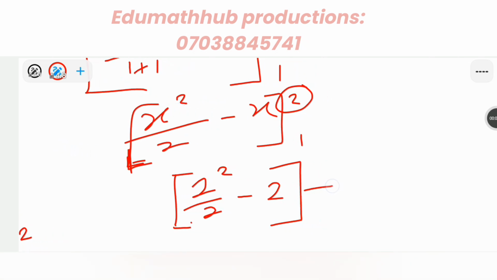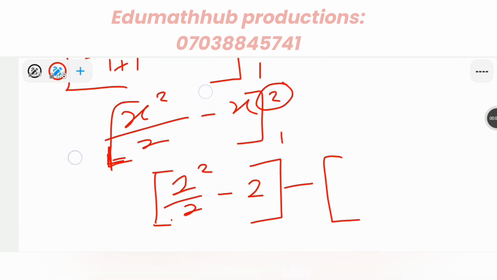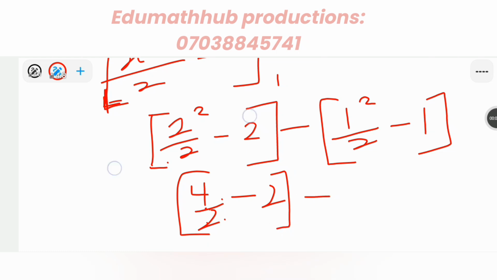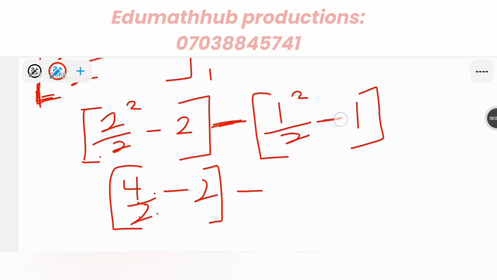Then minus, now the lower limit is 1. So I'm going to start with 1 now. Anywhere I see x, I'll put 1 there. So starting from here, this will give me 1 squared over 2 minus, I'll come here, put in 1, minus 1. So just simplify this. 2 squared is 4. So you have 4 over 2 minus 2, minus, this minus here will affect the signs of what is inside. So you have 1 over 2, minus times minus gives you plus